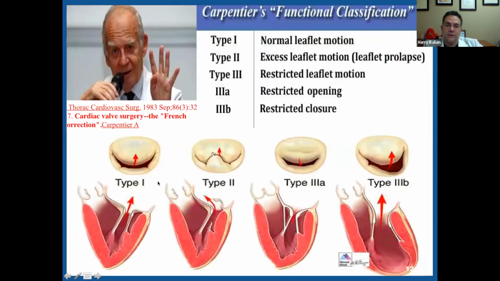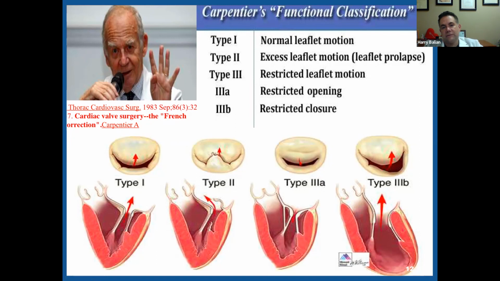Dr. Carpentier was a French thoracic surgeon, and he did a lot of work on identifying the mitral valve, and he has Carpentier's functional classification. Patients with a normal valve have type 1, normal leaflet motion. With excess leaflet motion, they have a type 2 Carpentier. Type 3 is the restricted leaflet motion, and 3A or 3B. So these are the different kinds of patients with